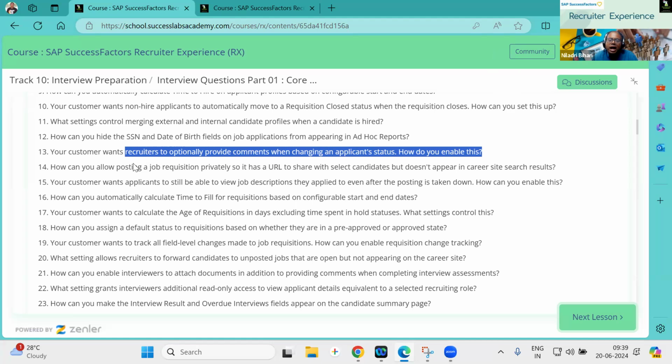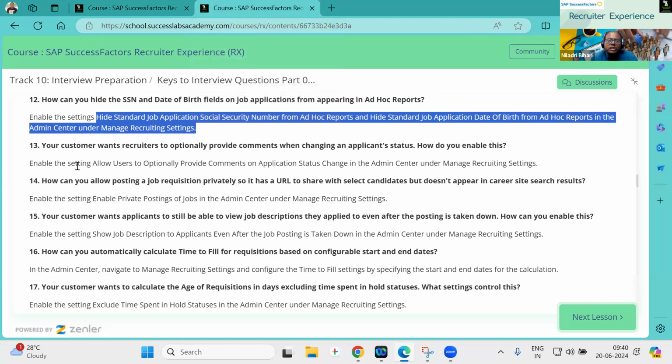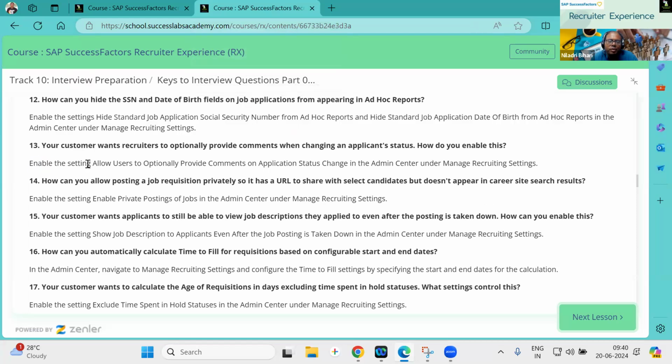Let's say I will be hiring someone, or keep some candidate, rank the candidate, or put some comment on the candidate. How do you enable this in the system? There is a setting called allow users to optionally provide comments on applicant status change.